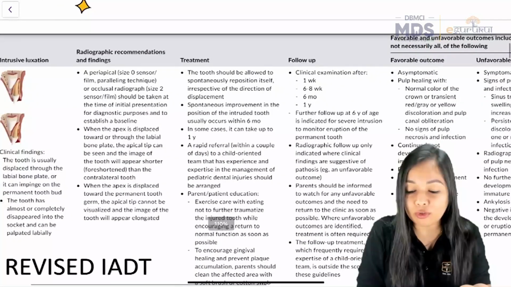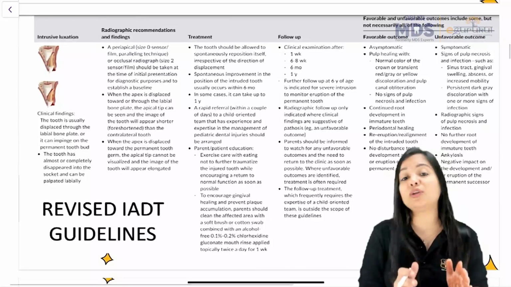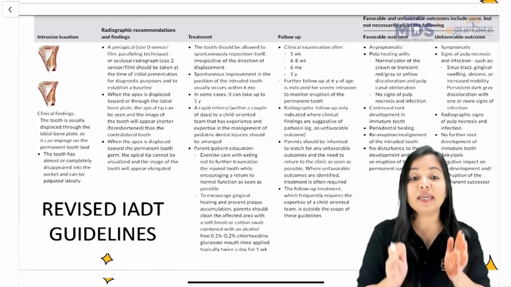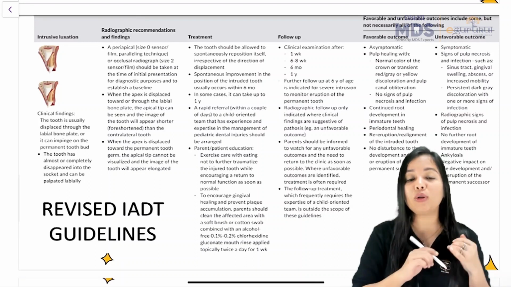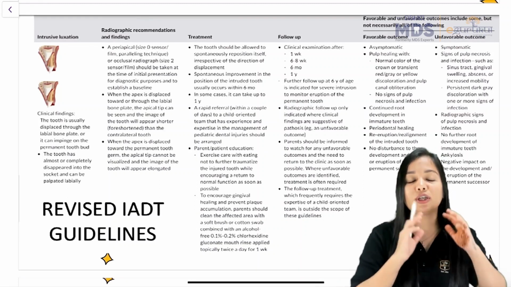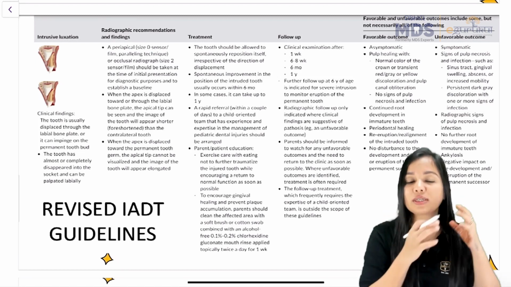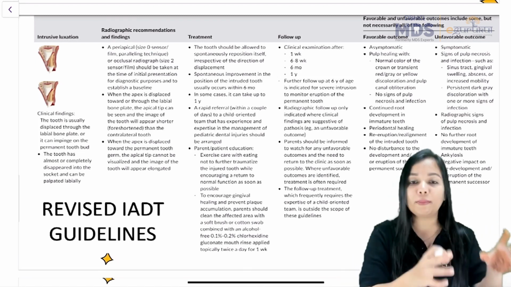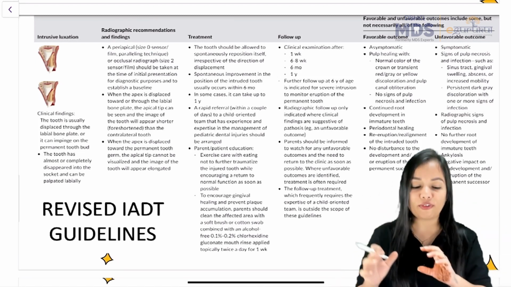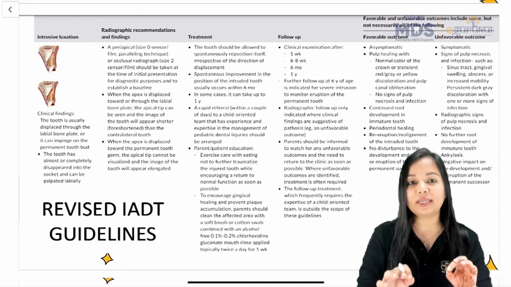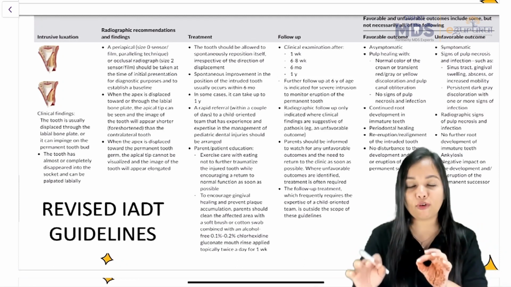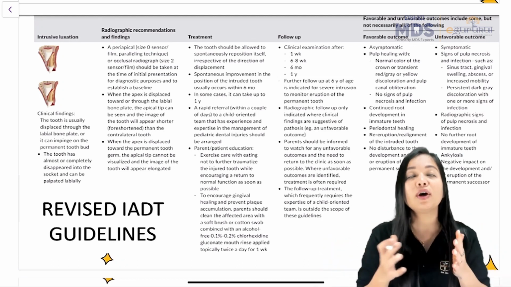I am going to give you the entire link of this particular revised IADT guidelines, which gives beautiful guidelines on almost all dental traumas: extrusion, intrusion, avulsions, crown fractures, complicated and uncomplicated, and root fractures. It's a beautiful article that gives good guidelines about the treatment planning, follow up, and the prognosis of various